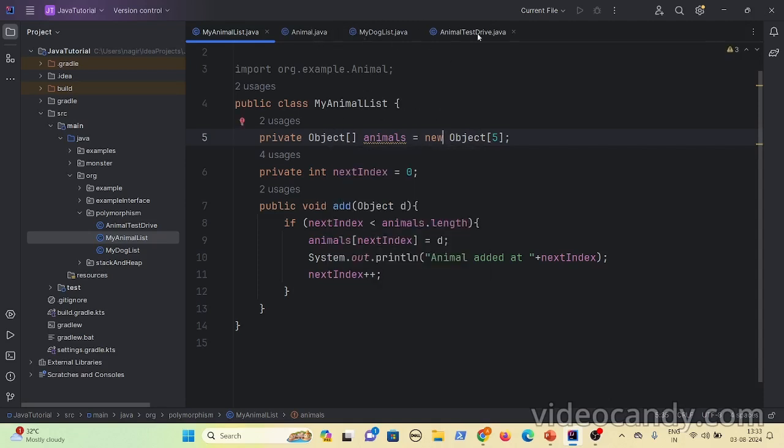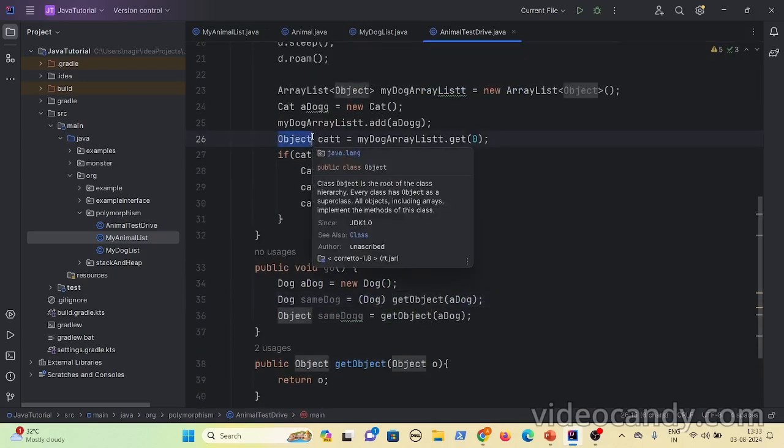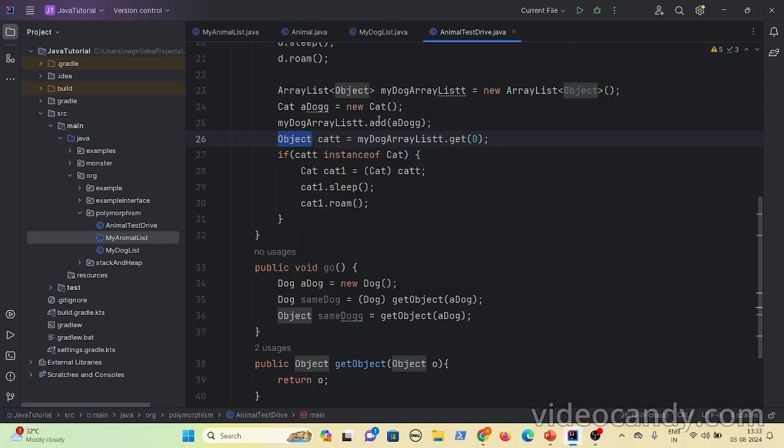But the drawback of this is, when you try to get back the object, you will get the Object reference variable. So you cannot invoke your dog methods or cat methods or the class-specific methods. You will lose the specific characteristics of the class. To regain the characteristics of a specific subclass, you have to do the typecasting, and you should do this only if you are 100% sure that this object is of that particular class.